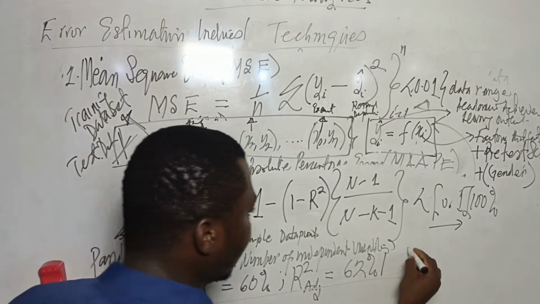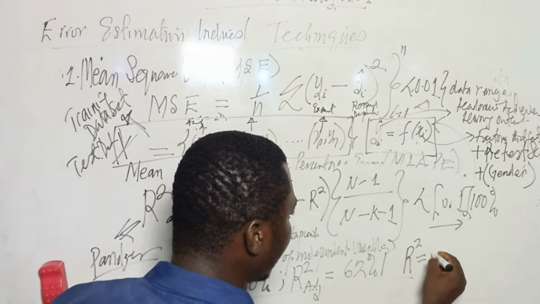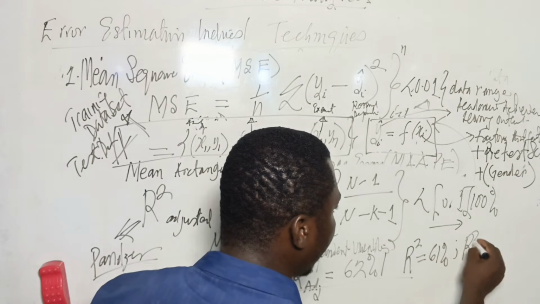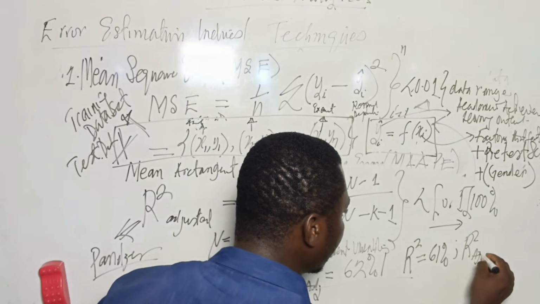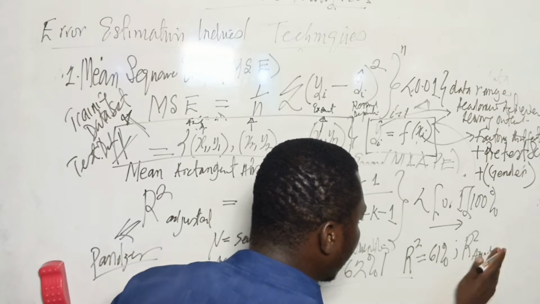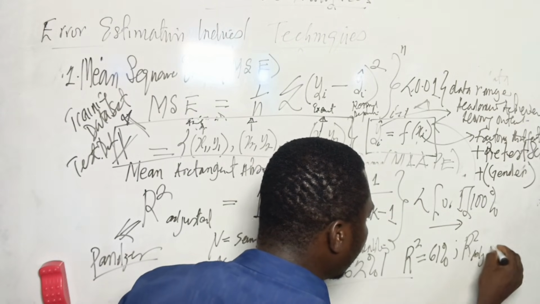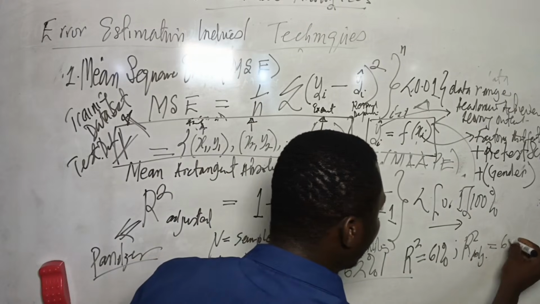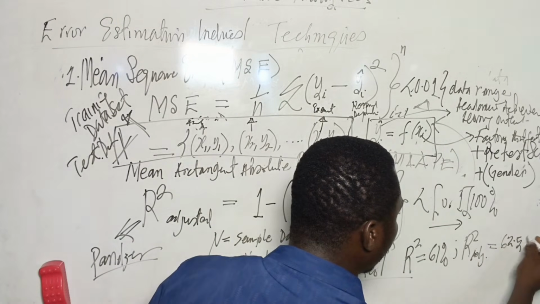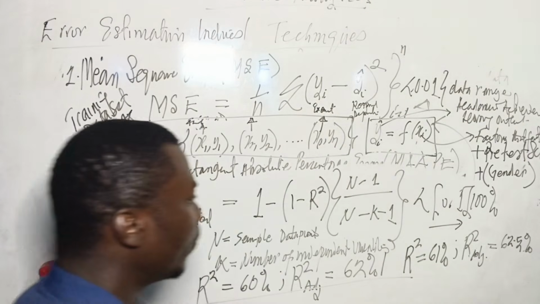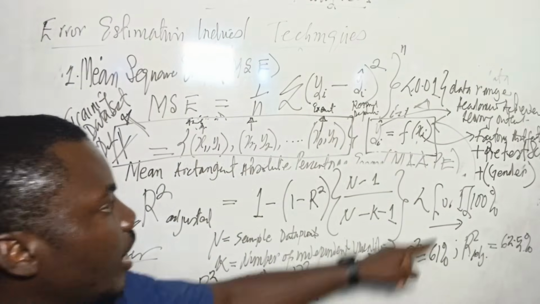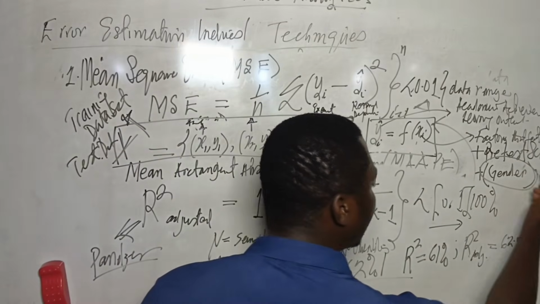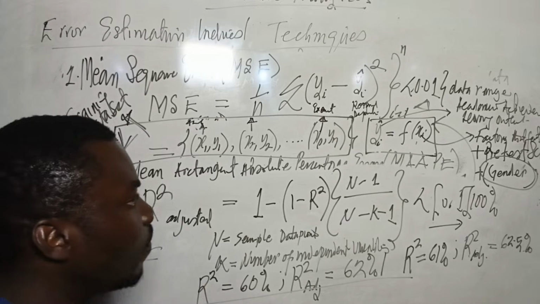For instance, the R squared will now increase from 60 to 61%, and the R squared adjusted value will increase. Maybe initially, if it was 62, it could increase to maybe 62.5%. So it means that this new variable that you have added, maybe you added pre-test only,